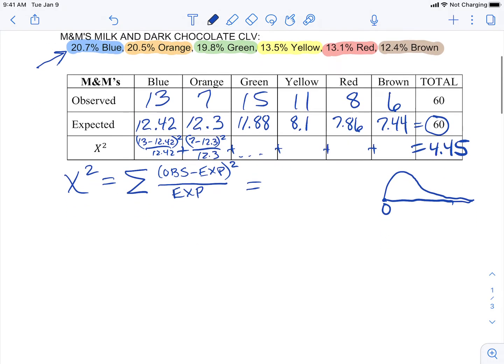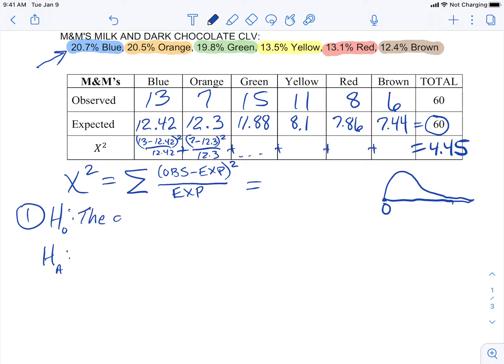Let's go back and now start from the top, so to speak, with a chi-square test that's called goodness of fit. We're going to start out with a null hypothesis and an alternative hypothesis, just like we would with any other test. It is going to be a little different because our test now is for an entire distribution of 6 colors. We are testing a distribution. So our null hypothesis is going to be about a distribution. And what we're hypothesizing is that